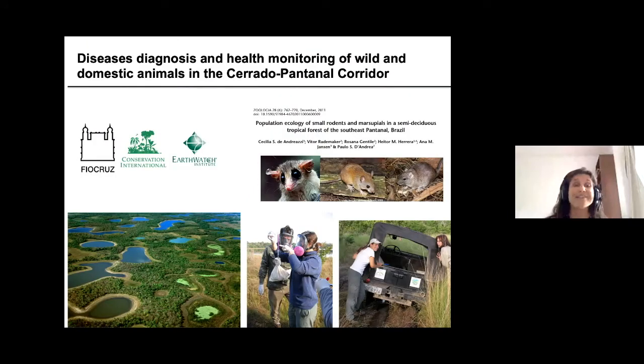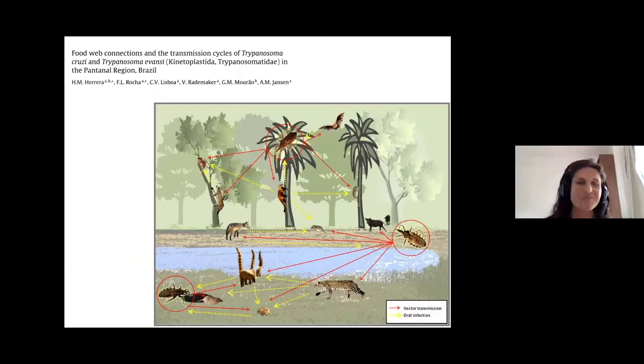So my interest in the ecology of wildlife diseases started about 15 years ago, when I was still a bachelor student working in this big project that aimed to investigate the effects of parasites on host population dynamics. You can see that at the time we were still using the masks. And during that time, I entered in contact with people working with Trypanosoma cruzi. In this sense, Trypanosoma cruzi is an excellent system to develop such models and investigate the role of biodiversity